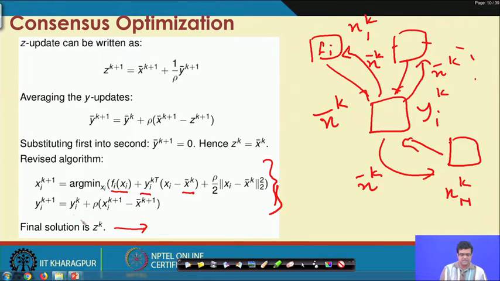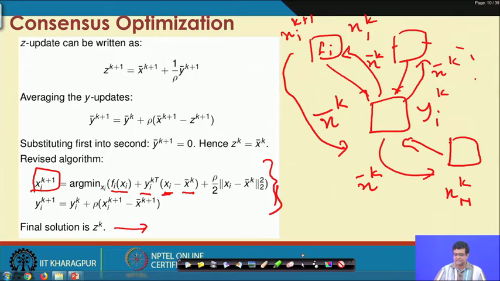Then you can just optimize with respect to x i to get x i k plus 1, and once you get x i k plus 1 here, you can send that to the central machine to compute x bar k plus 1. Once you compute the x bar k plus 1 in the central machine, you can compute all the y i k plus 1 in the central machine, and that you can send back.